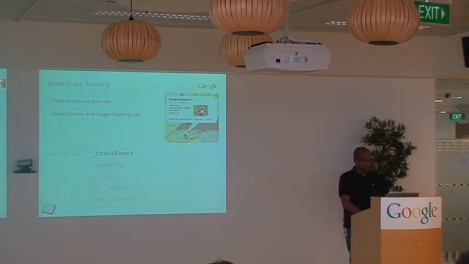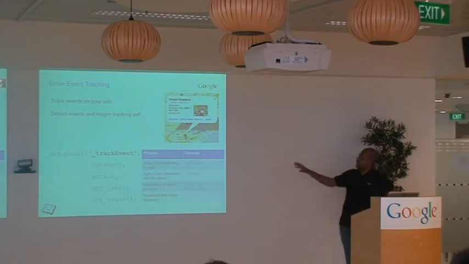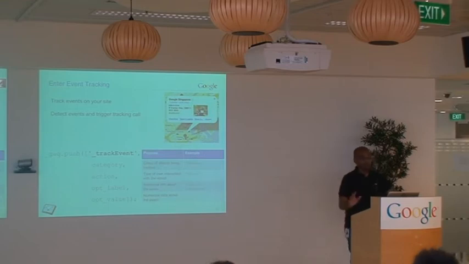The way these work, the category variable is really describing the group of objects on your application that you're tracking. So you can have as many categories as you want. Let's say for this particular application, I'm working on Google Maps. One of the categories of objects I want to understand how being interacted upon are the markers on the map. And so that category could be markers.